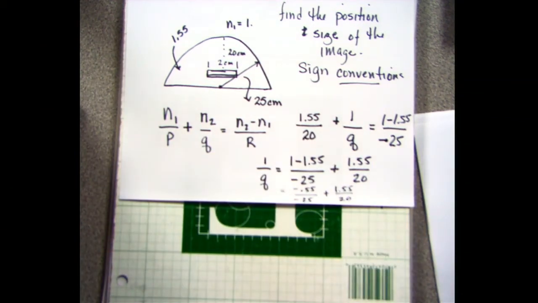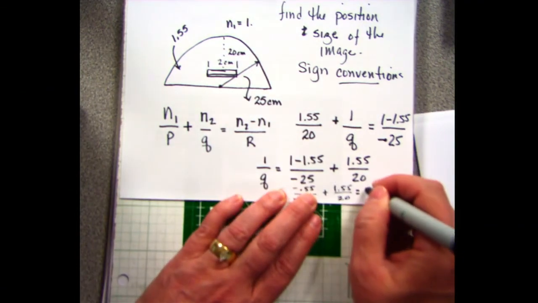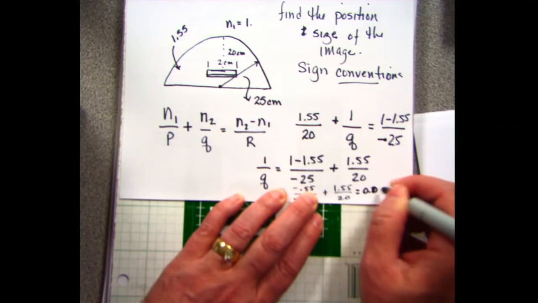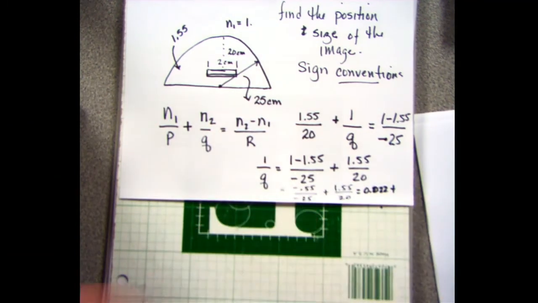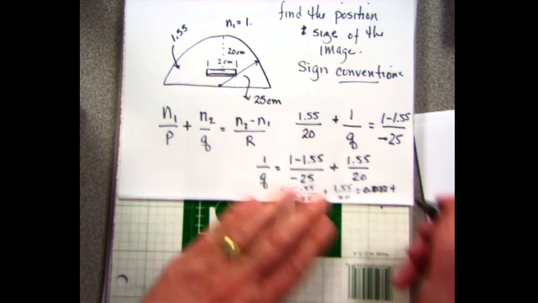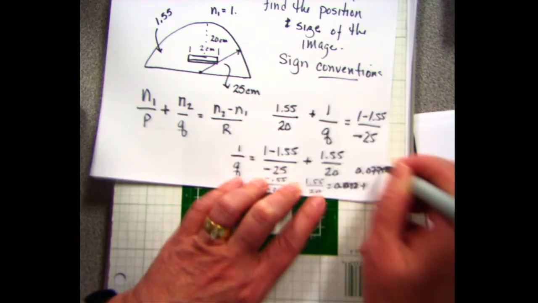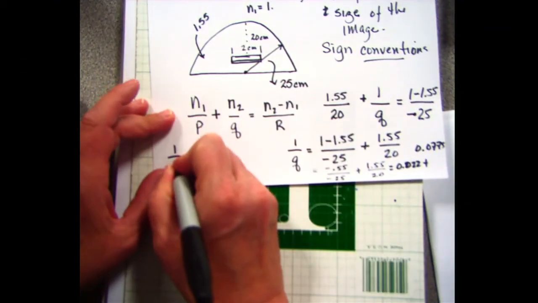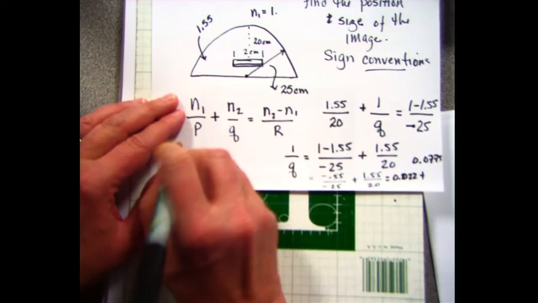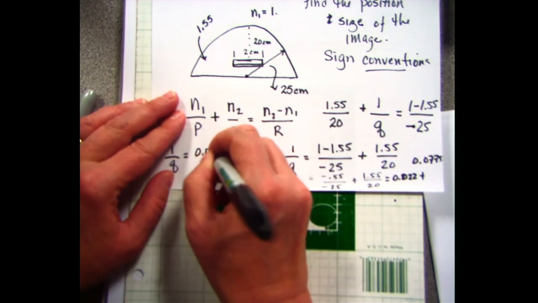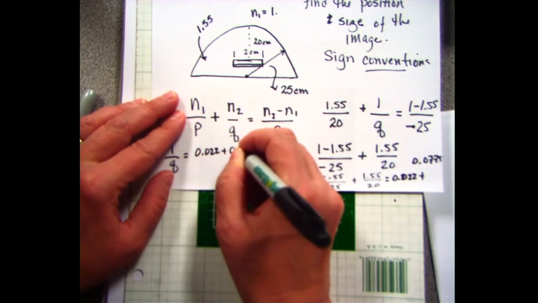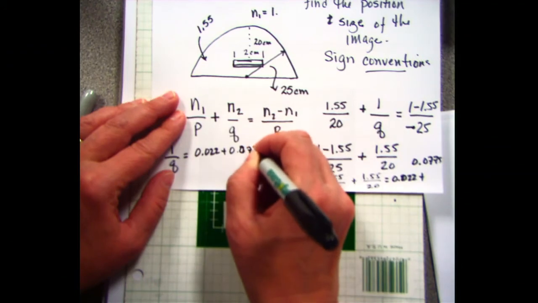If we plug that into the calculator, this gives me 0.22 plus 0.0775. So 1 over Q is equal to 0.022 plus 0.0775,